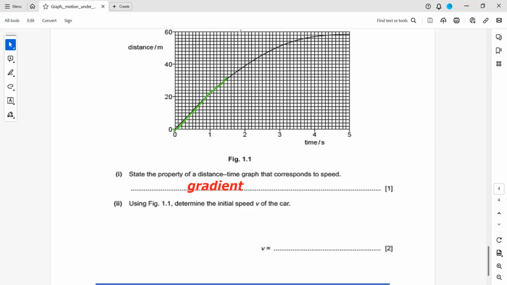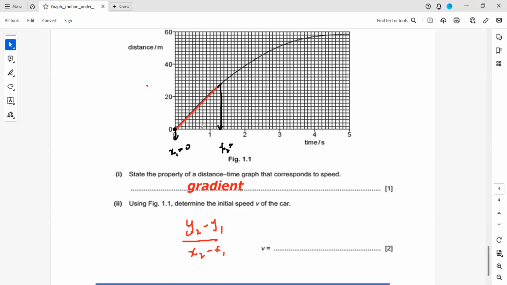For the initial part, the speed is not constant, the speed is changing. So we'll only take the beginning of the journey, like this part where the line is straight. When it gets curved, we'll not take that part. Only in the region where the line is straight, the speed is constant. So how can we work it out? You can take a gradient here using the formula y2 minus y1 over x2 minus x1. The first point on the x-axis is x1, which is 0. The second point on the x-axis, that is x2,